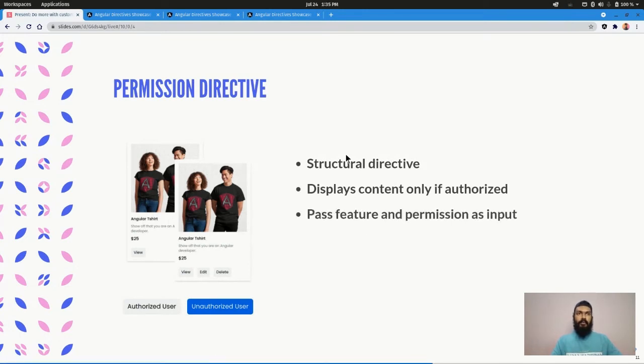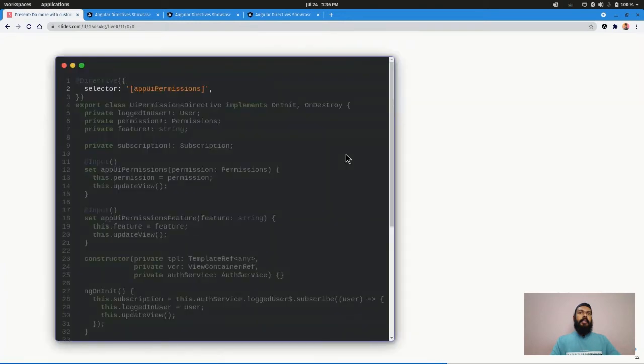And how we are going to implement this is that we are going to pass the feature and the permissions list, whether the user has the permission or not. And the directive will essentially validate if the user has the permission, and it just shows the content if the user has permission. Again, it is just a class.